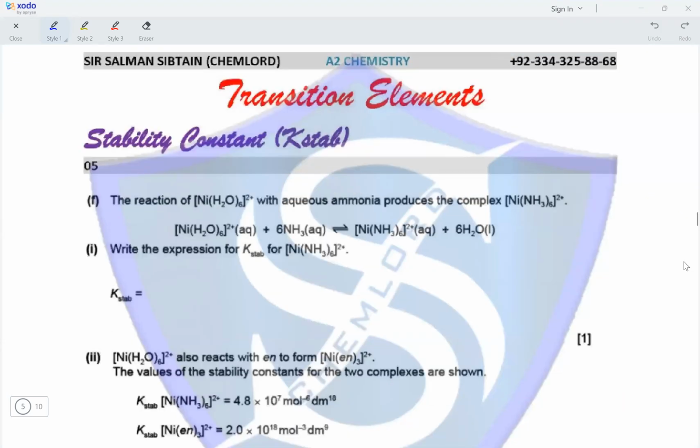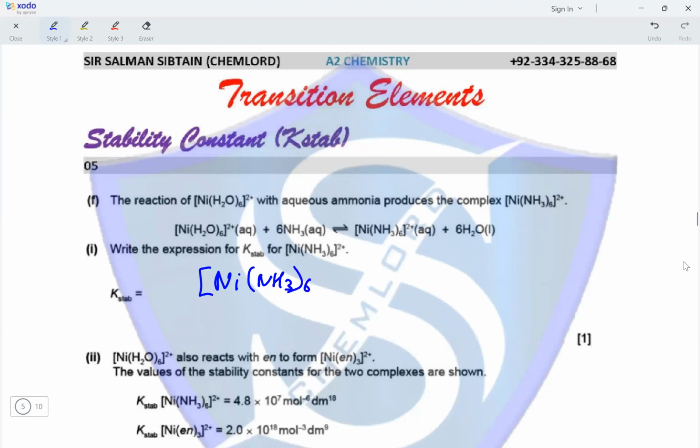Question 5. The reaction of Ni(H2O)6 2+ with aqueous ammonia produces the complex Ni(NH3)6 2+, and the equilibrium is given. Write an expression for the Kstab of Ni(NH3)6. So, since water molecules are present in the product, they will not be included in the expression of the equilibrium constant. So, the numerator would have